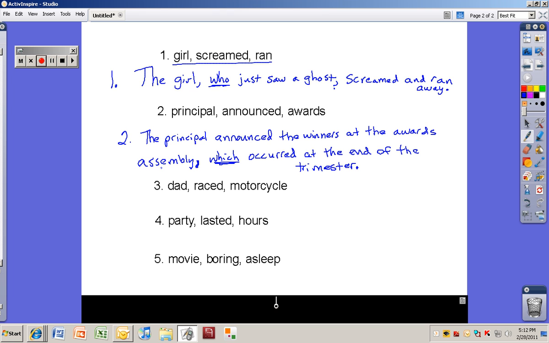So take the 3 words, construct a sentence in your mind first, and then think of how you could describe something or someone in the sentence with a who or which clause and add that into your sentence. Don't forget your commas before and after your who, which clause, unless it's at the end of the sentence and ends with a period. And don't forget which goes with things and who goes with people.